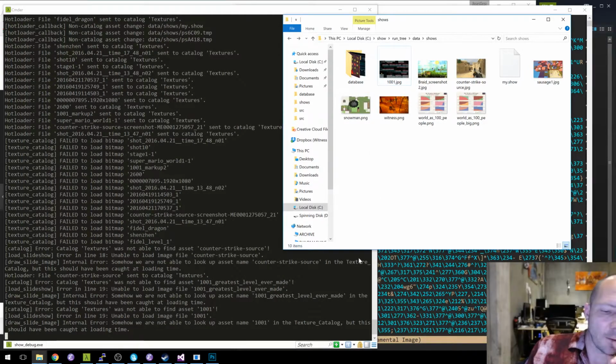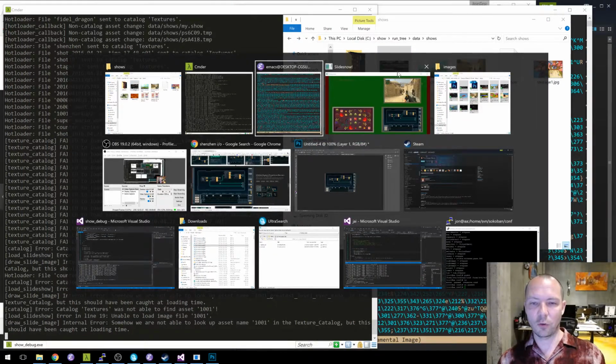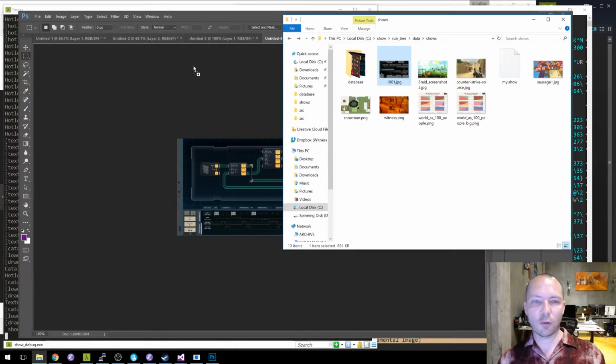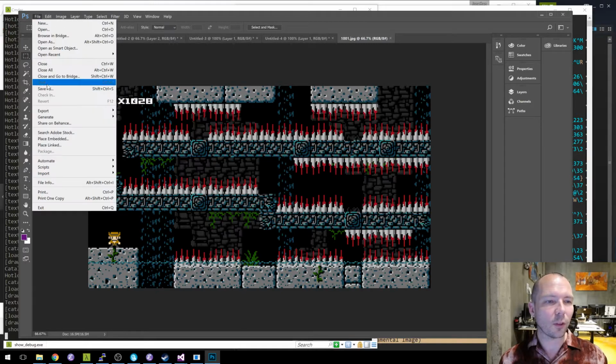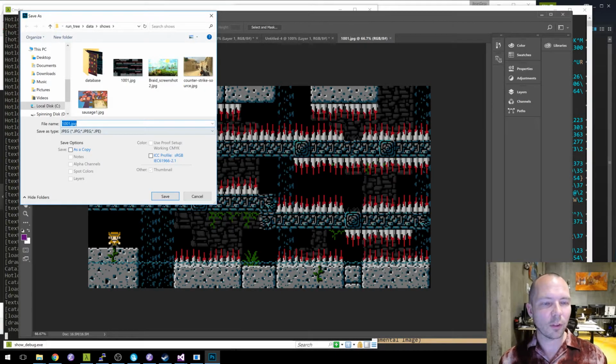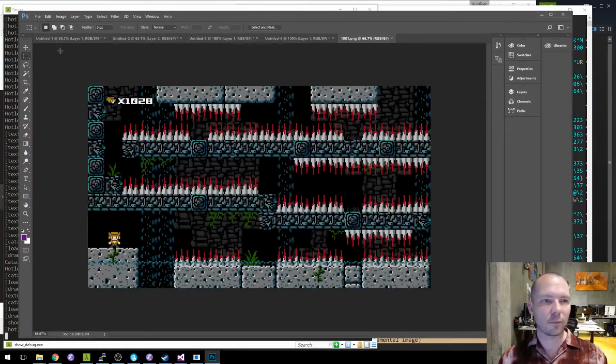Unable to load image file. It must be failing to load. This might be a version of JPEG that stb image does not handle. So we could test that, for example, by pulling it in here. Like, why is it JPEG in the first place? It's a freaking pixel image.